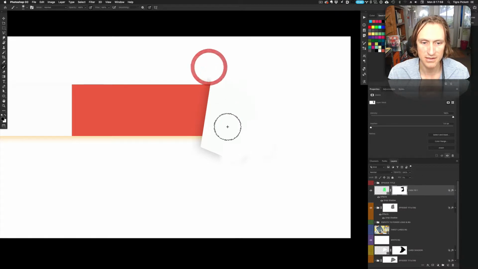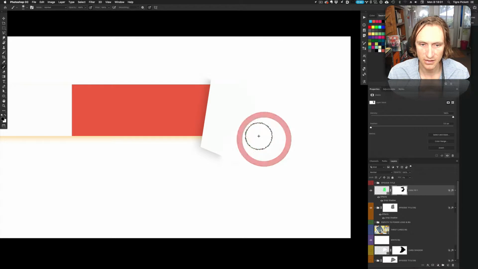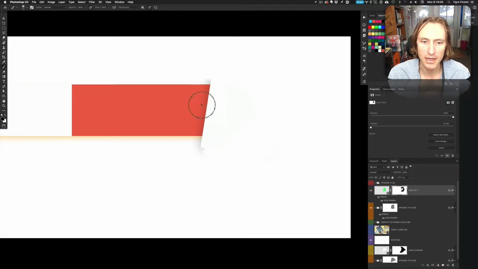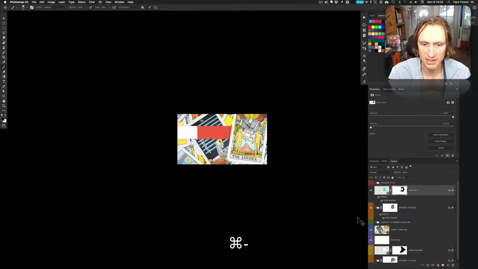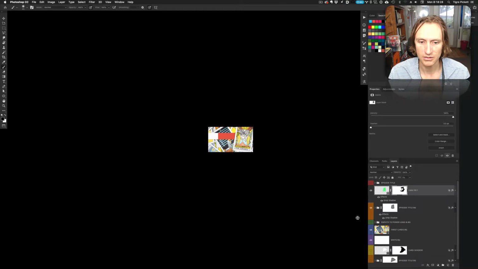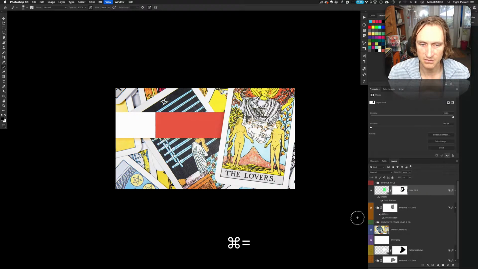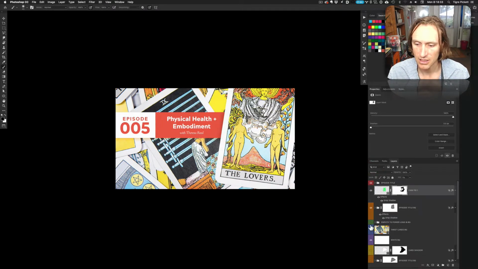Just kind of paint, soften it, get rid of that shadow that's lurking there, come down here, get rid of this. What would have been probably better is to make these vector lines longer up the card. That way I can just feather it softer so I can blend it back into the surrounding environment for the card. But there we go. I just kind of play around until it feels right, and then we can turn back on our graphic and zoom out just to get kind of the far view. Looks great. Looks awesome. And then I just turn back on my episode title, turn back on my logo,